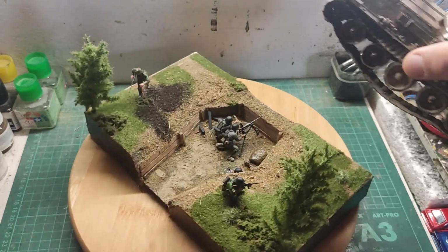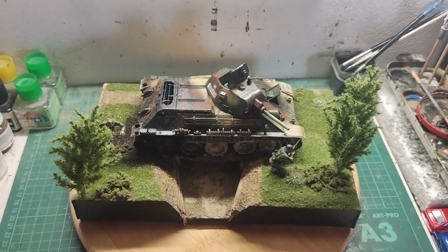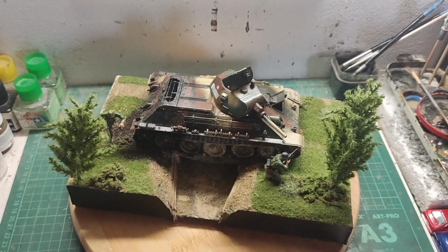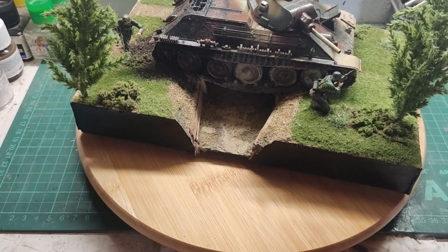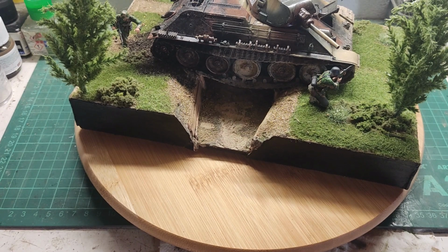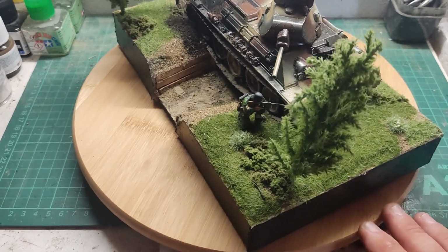As you can see, I have left the tank unglued. I made it so it is removable, so we can have a closer look at the whole thing, a look at the machine gun nest, and I am pretty happy. Of course, my diorama is not an exact replica of Sheperd's work, but I never said that I would make an exact replica, because I am not good at replicating things, to be honest with you. So I am relatively happy,